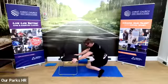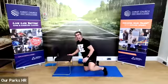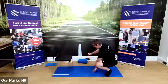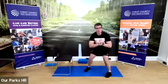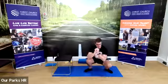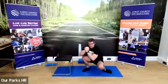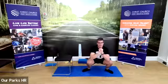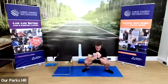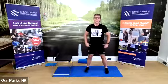Lovely, good. Let's by all means carry on a couple more times with the chair if you'd rather try and give it a go without. So we're going to be in a squat position, and from here I'm going to rotate, bring the knee in, come back out, and rotate in and come back out. Rotate in, back to center, and rotate and come back in. 3, 2, 1. Let's gently come back up, standing up, and walk the feet in,